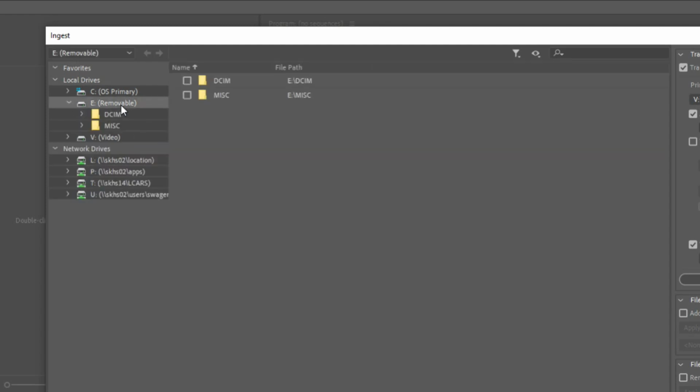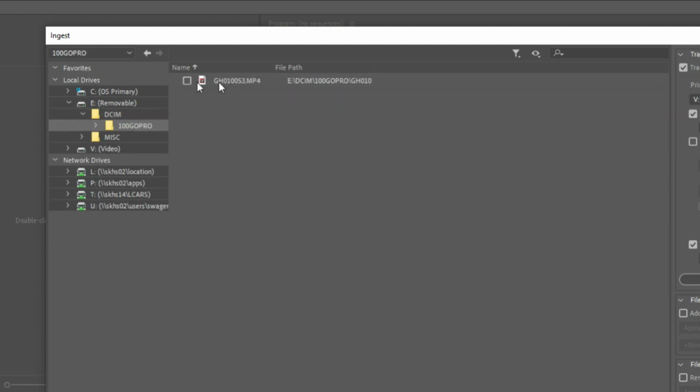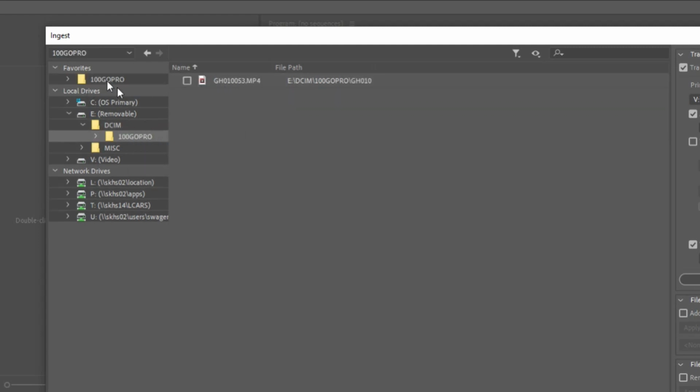And just for the heck of it, I'm going to go ahead and make sure I only have one in there. And now, right now, I have something from a GoPro. So for GoPros, that content's going to be in the DCIM 100 GoPro folder. Now I'm instantly going to add that to favorites, and right here I'm going to start saying, hey,